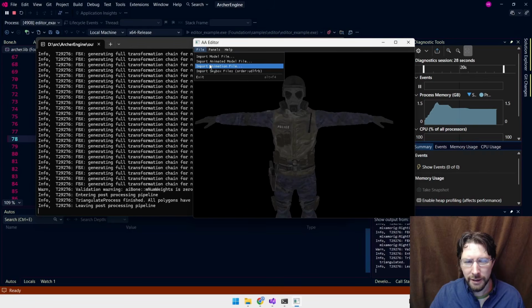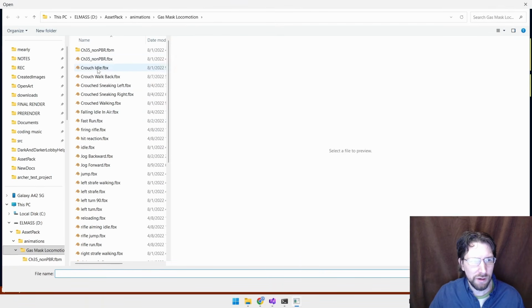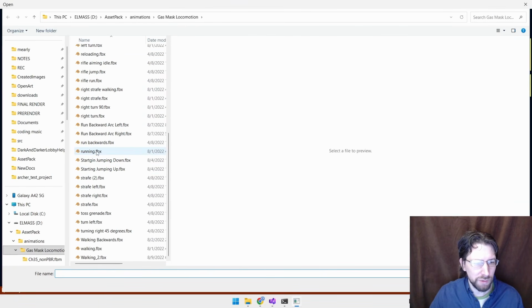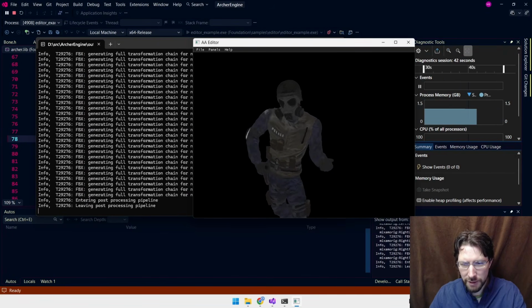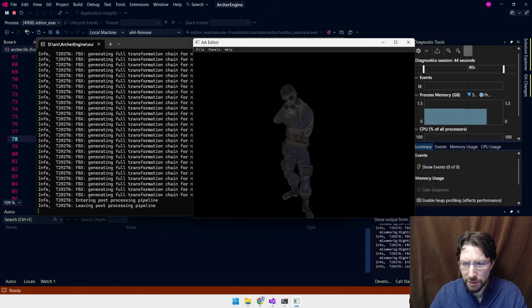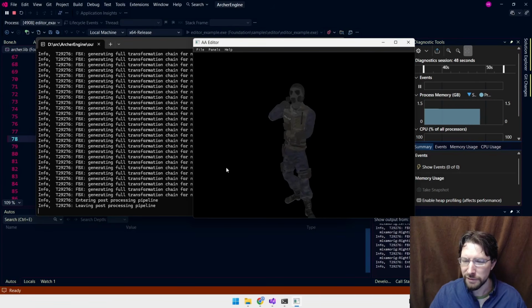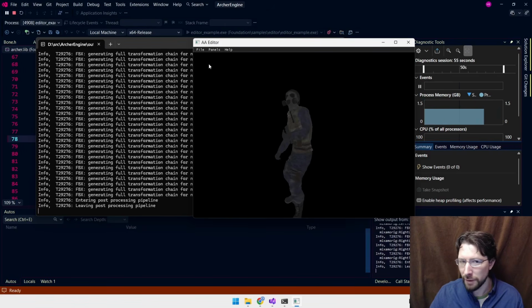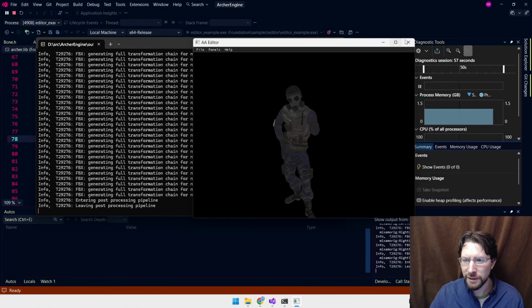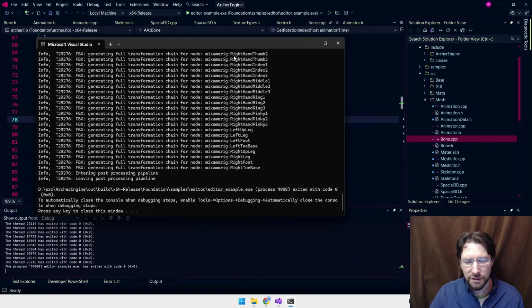And we try to add an animation to him. Some of these work, some of them don't. Let's just pick one, this toss grenade. I don't think I've tested this one yet, but there we go. Boom. He does a little toss grenade animation. It does technically work. As you see, there's some little bug there. I don't know if this is in the animation or if it's my code causing this problem. But as you can see, there's an area where he just blacks out at the end. I don't know why that's happening. But there are little things like that where this animation isn't perfect.